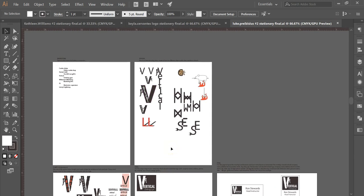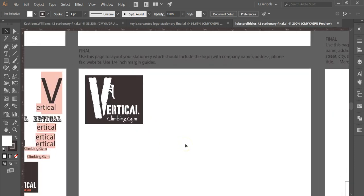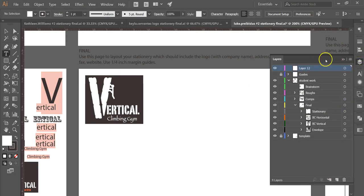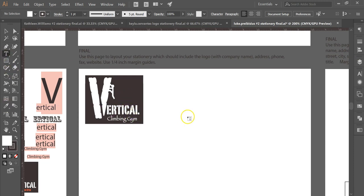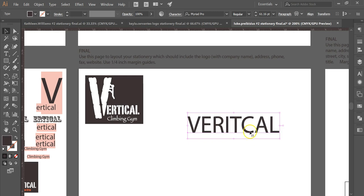Here's another one for a climbing company. I'll take us straight to the logo design here. So you can see an uppercase V was made a lot larger, and then a very simple shape of a person climbing as part of it. So how did they go from this type to this? Well, here's how you do that. I may have shown you before, but it's a good time to show it again. Let me get on a layer that I can work on because that layer was locked. So if I type the word vertical in all uppercase, and I'm going to make it bigger so you can see it. Now I'm going to make a copy of it,